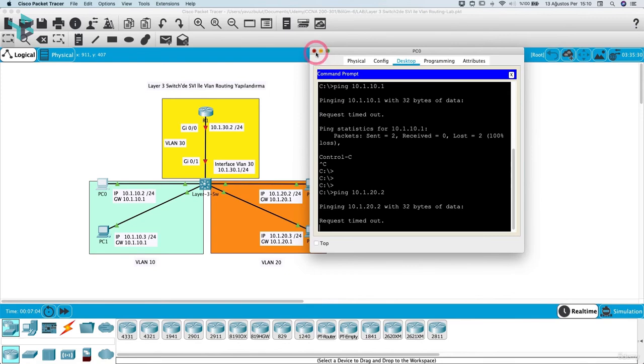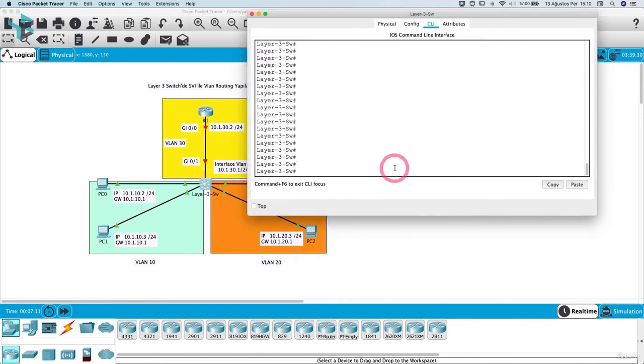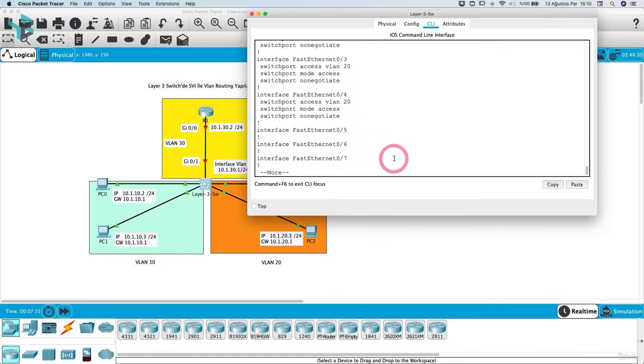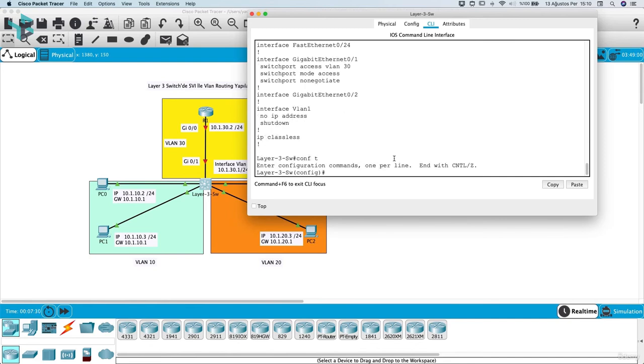Now let's turn on our layer 3 switch and check our configuration. Let me show you the settings I made by typing show run. Fast Ethernet 1, 2 at VLAN 10, 3 and 4 at VLAN 20, Gigabit 0/1 at VLAN 30. We cannot give IP addresses to interfaces on a layer 3 switch, but if we make that interface a routed port with the no switchport command, then we can give an IP address, but we will give IP to VLAN interfaces